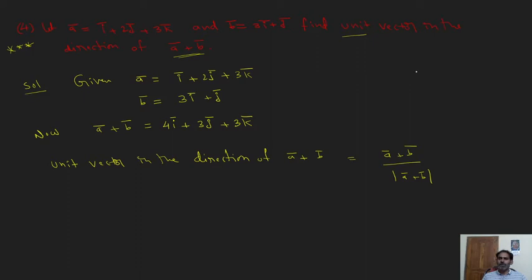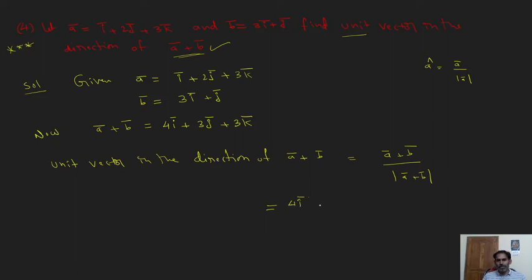You know, unit vector in the direction of A bar, that is A cap, equals A bar by modulus of A bar. Here, the given vector is A bar plus B bar, in the direction of A bar plus B bar. So first of all find out A bar plus B bar. We should find the unit vector for not A bar, not B bar, but A bar plus B bar. That's why we are finding A bar plus B bar first. After that, the unit vector in this direction is the given vector by the magnitude, that is A bar plus B bar already there.